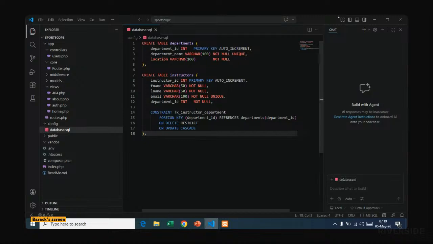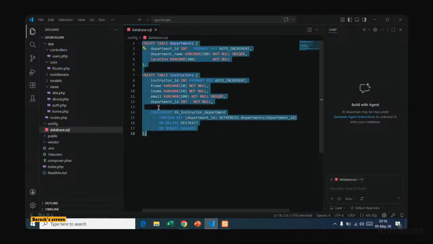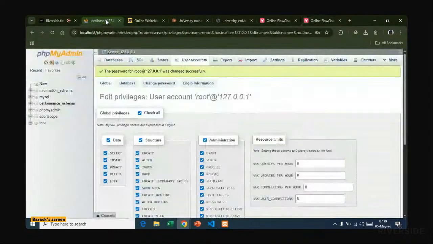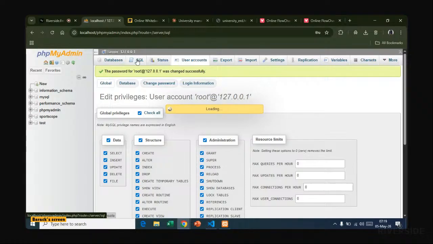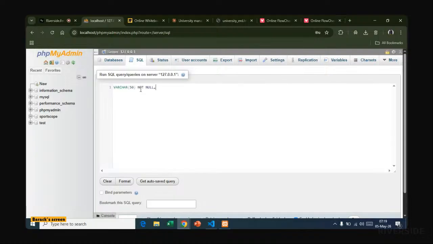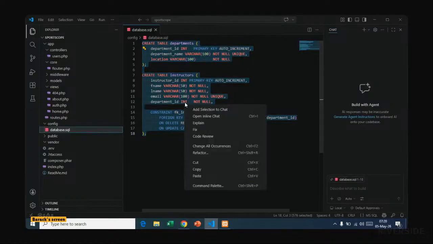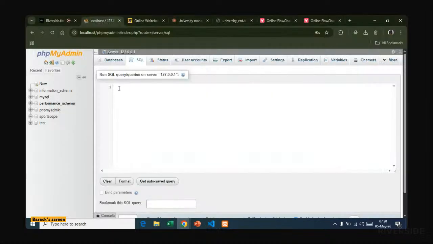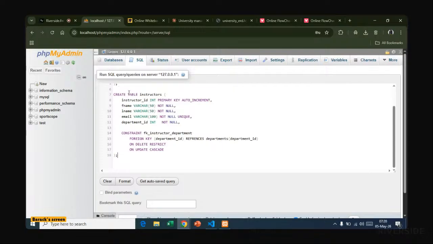And when you're done with that, you can copy everything here, come to phpMyAdmin that you kept running, go under SQL, then just paste what you've written there, copy everything, here, come to phpMyAdmin, paste it there, and